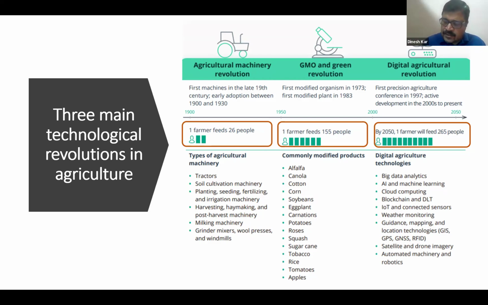So when you're listening to this, we might be getting confused: are these technologies going to be used by farmers? Is the farmer going to use big data analytics? Is the farmer going to use cloud computing? Is he going to use blockchain or DLT? Is he going to use all this weather monitoring? Maybe, maybe not. Okay, so we'll discuss this, because whenever there is agriculture or farming, we always relate